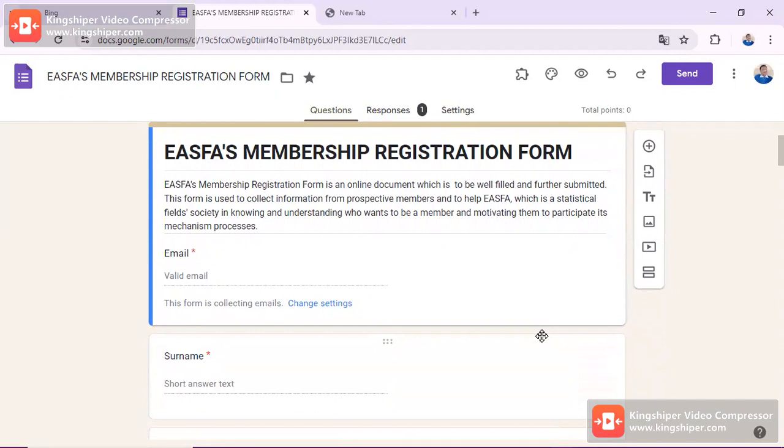This form is used to collect information from prospective members and to help ASFA, which is a statistical field society, in knowing and understanding who wants to be a member and motivating them to participate in its process.